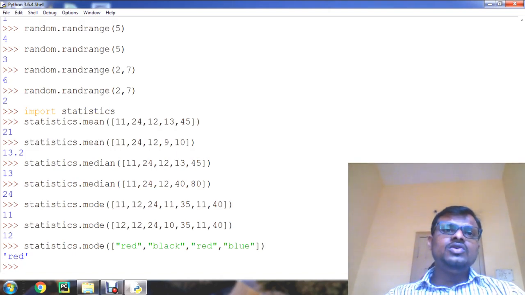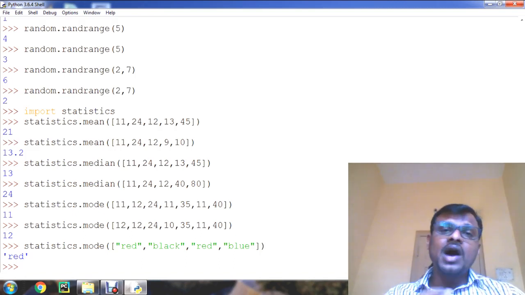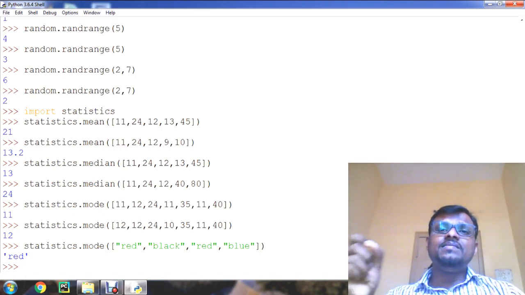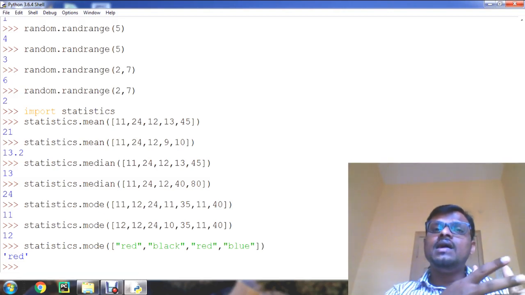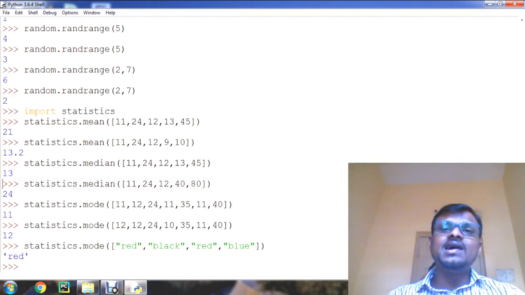To use a function imported using the from statement, we do not need to precede it with the module name, like math.random. Rather, we can directly call the functions in our program.